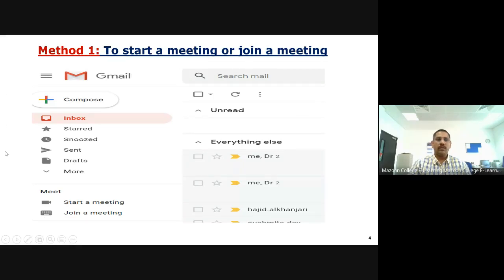If you enter your Gmail account or our college account, there you will find the compose and inbox options, and there you will find Meet. Below Meet, you will see 2 options newly added by Google to our Gmail account: start a meet or join a meet. Let me explain how to use start a meet and how to use join a meet.